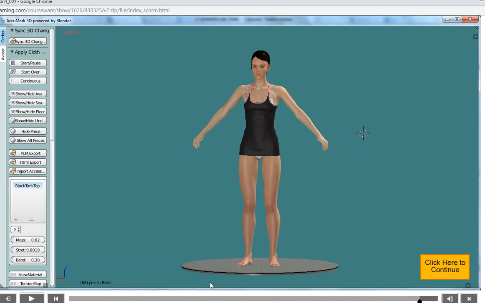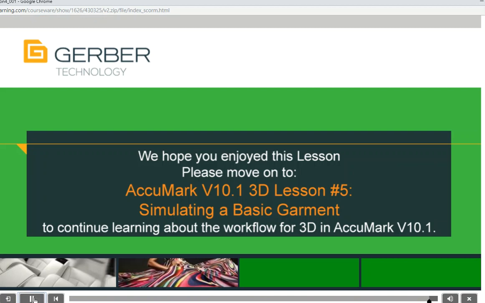Great job! The garment is finally rendered in 3D and appears in the Blender window. Keep in mind that in some cases you may experience issues with the rendering process, which will need to be corrected in AccuMark or using the available Blender tools. Future lessons will cover the topic of troubleshooting rendering issues. Congratulations, you have